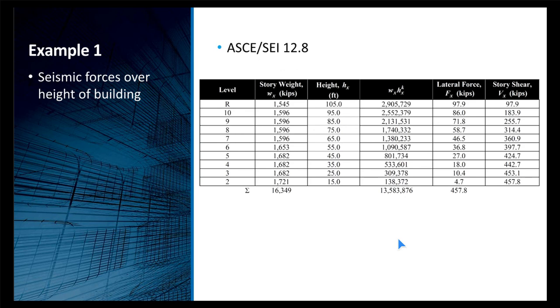So this slide gives you a summary of the story shears and lateral forces over the height of the building in accordance with the equivalent lateral force procedure in section 12.8. So recall, we've got to compare this lateral force that we obtained from section 12.8 to the lateral diaphragm force determined by either of those two sections, 12.10.1 or 12.10.3, that we talked about a few seconds ago. So we're going to concentrate on the roof level, 98 kips up at the roof,